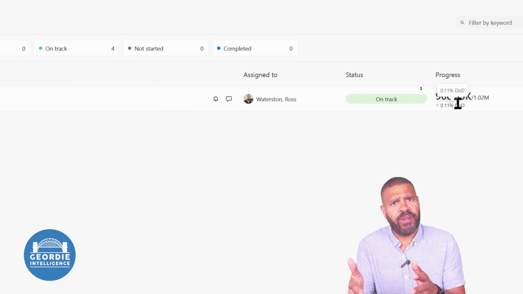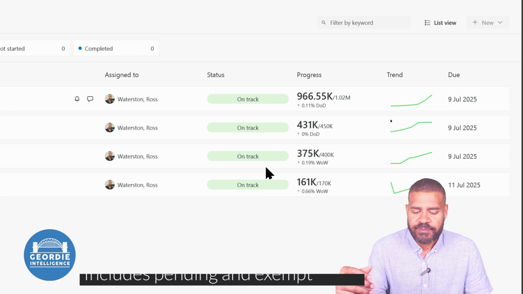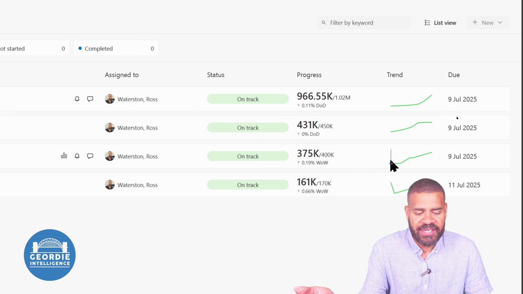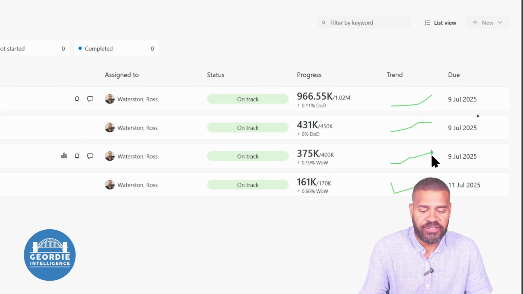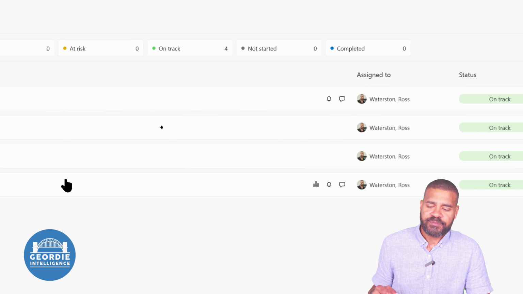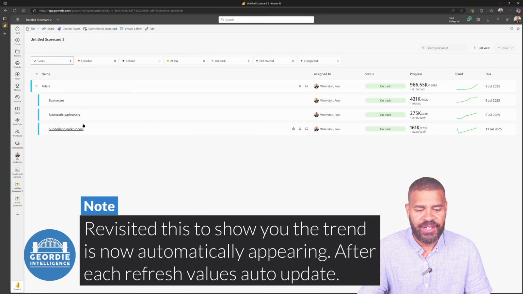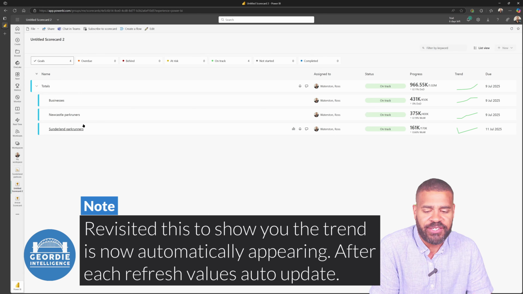So the scorecard we built, if you remember, we had the totals, and we had 3 things going through to it, because I was trying to show as well that over time, things change. So we've got our businesses, which again, say it's just been running quietly away, tick, tick, tick, okay? And the business count, we can see how that's gone up. We've had a Newcastle Parkruns, we can see how that's gone up in terms of the registered finishers that they've had. And likewise, in Sunderland, we've had those numbers go up as well. So overall, what we've got is quite a nice view now that we can actually do these things.